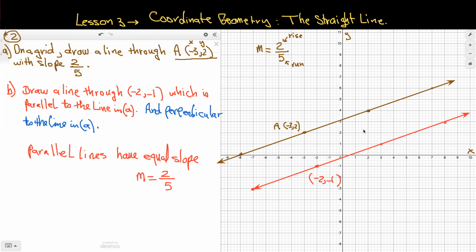Now, if you have a line that's perpendicular to this brown line and going through -2 and -1, when you draw it, it's going to form a 90-degree angle with this line. But that's not what you're after. You just need to know that perpendicular lines, when they meet, form a 90-degree angle. However, the blue line, which is perpendicular,